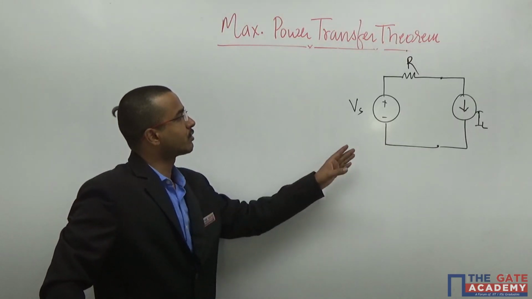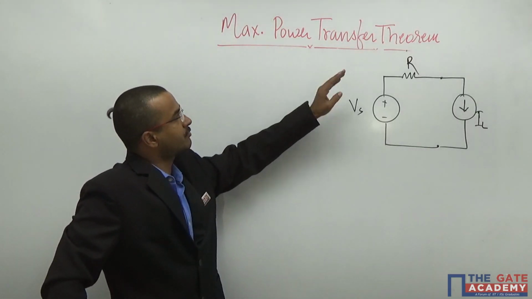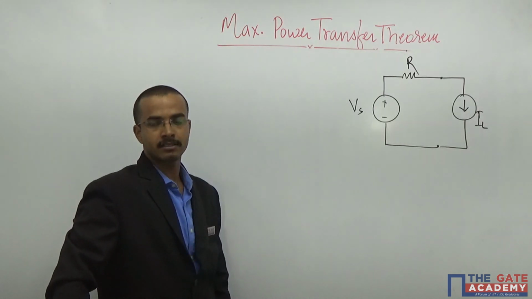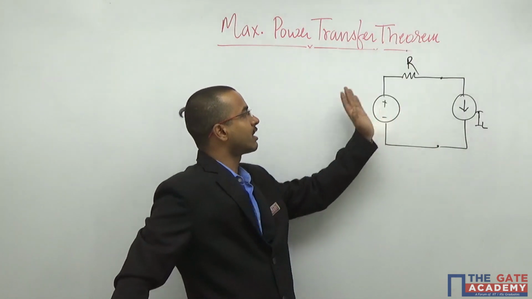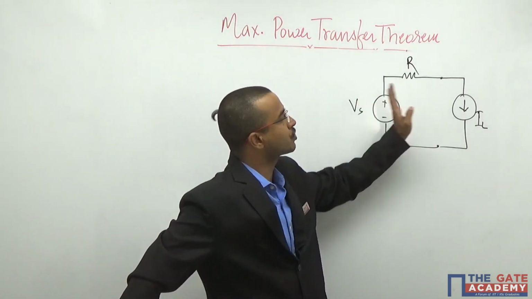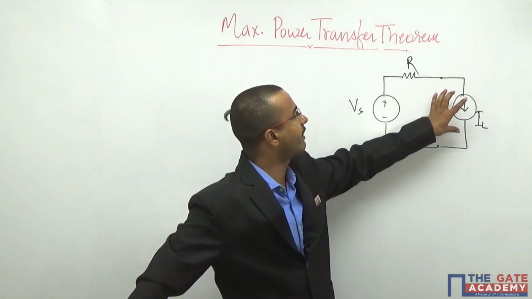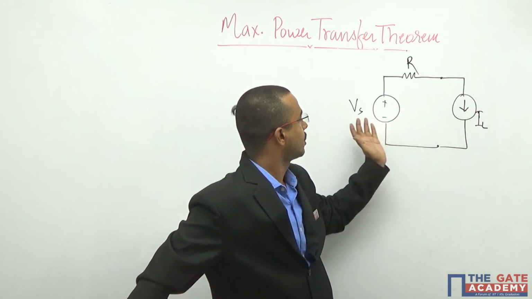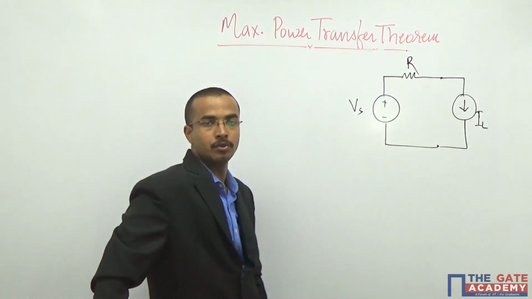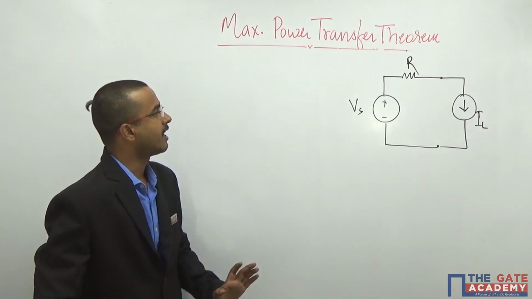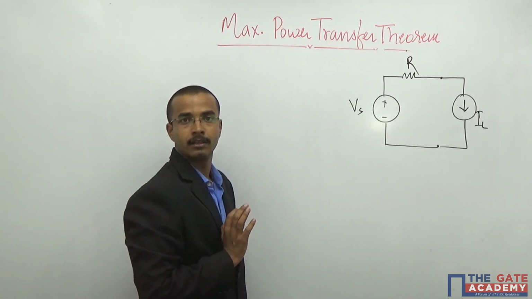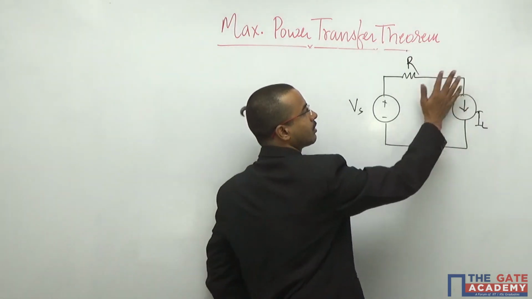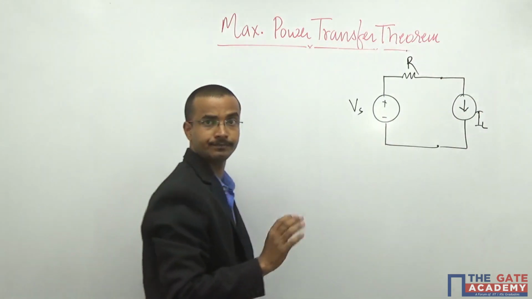Now, this is also the question of the maximum power transfer theorem, and they have asked the value of IL that will maximize the load power from source to load. That means what will be the value of IL for which you can get the maximum power to the load. And see here, I am taking only the exceptional cases. Okay, where your load is not purely resistive and all.